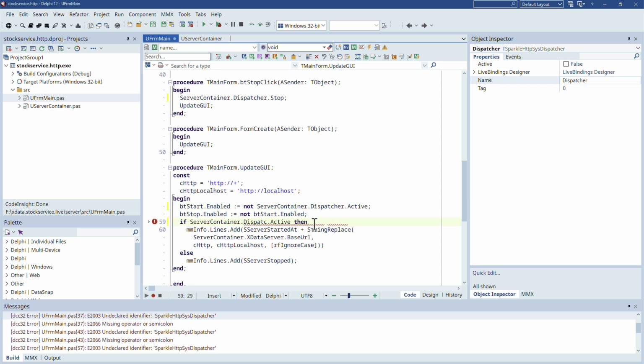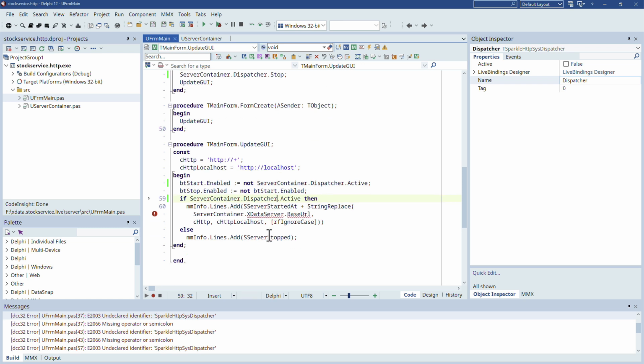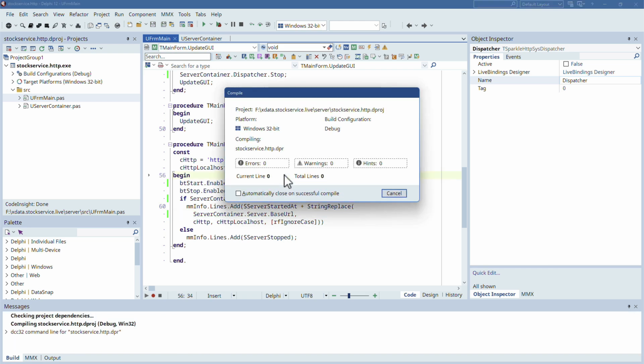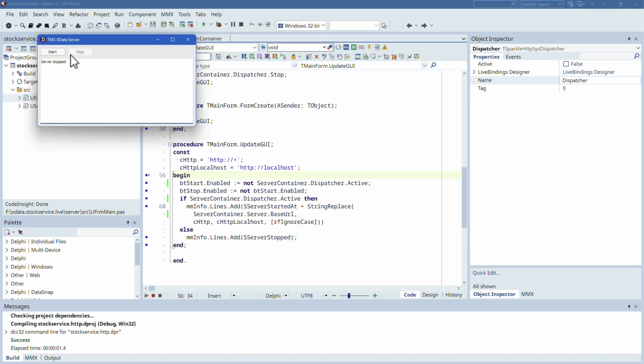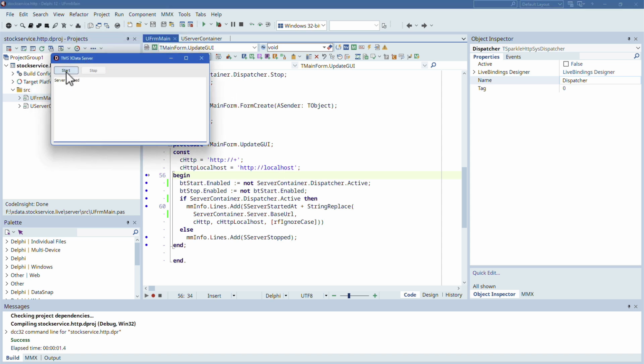Still, we will get rid of these calls where we basically grab these components from the main form. I'm going to implement that differently. So now it compiles. We can start it. And the only thing we get now is server is stopped. And if we start it,